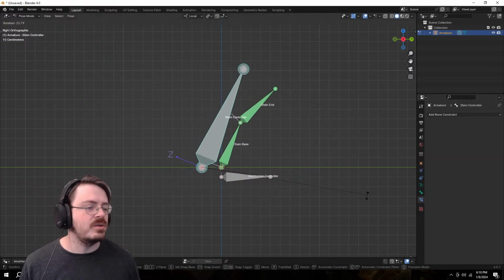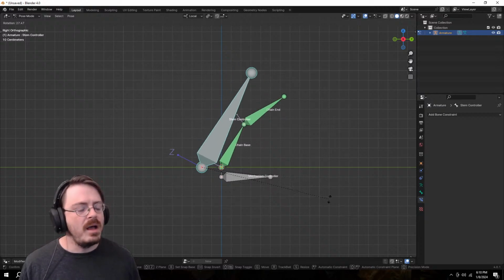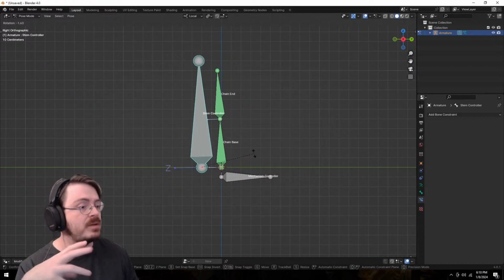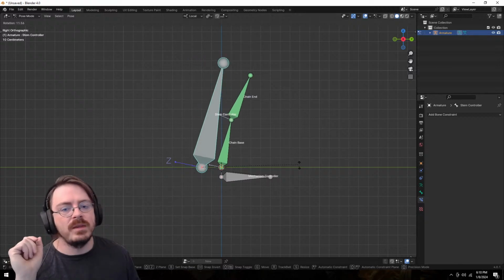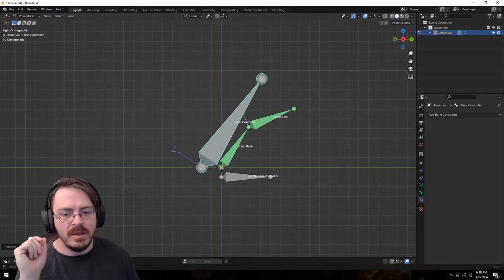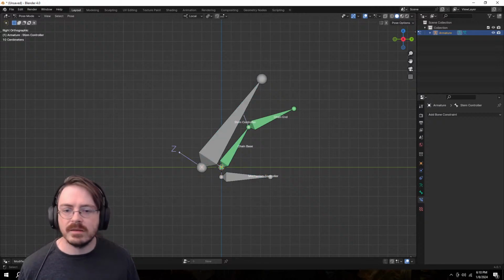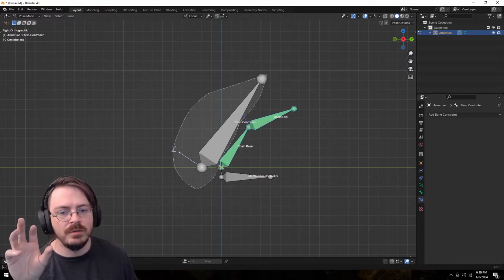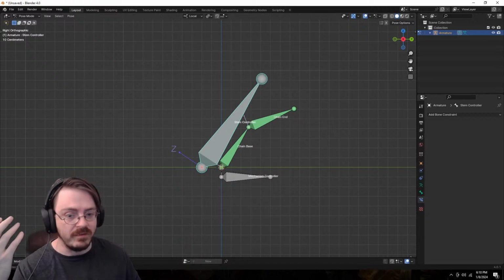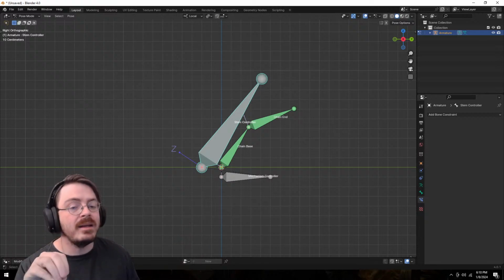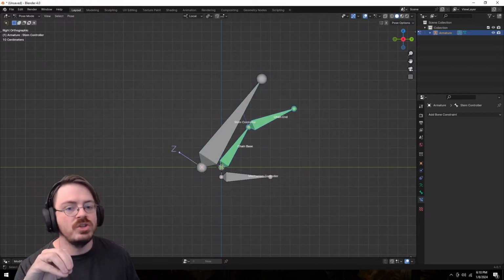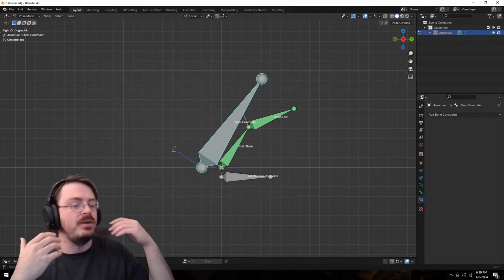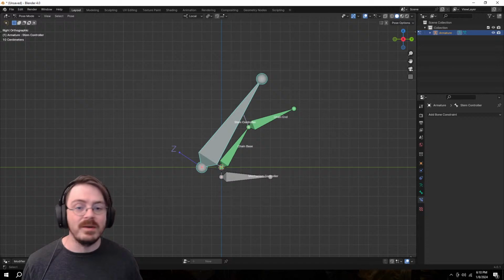So now what we can see is there's sort of a different kind of interaction going on. And what's happening is those two bones, because they both have a copy rotation applied to them, when I rotate the first one, right, this bone, oh my goodness, give me the correct lasso. This bone here is following and copying the rotation of this bone, which is awesome and fantastic. The thing is that's being added to this bone, which is doing the same thing and copying the rotation of that.